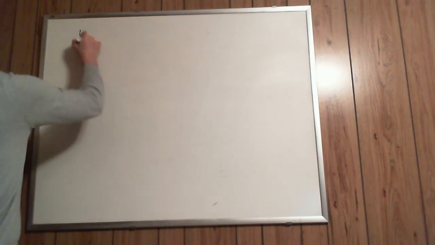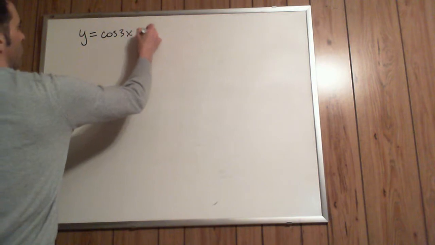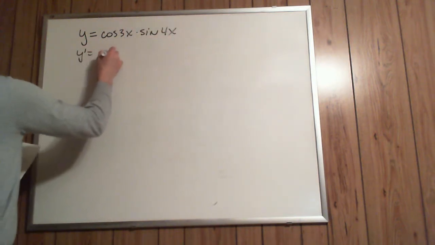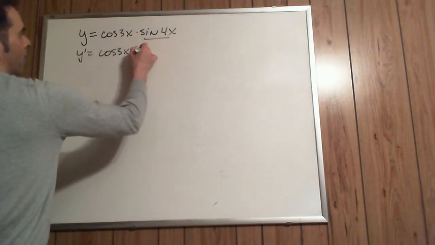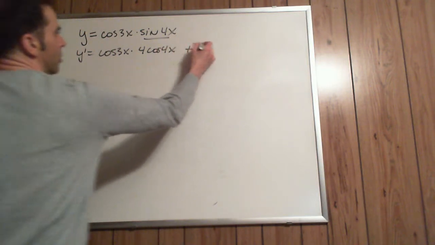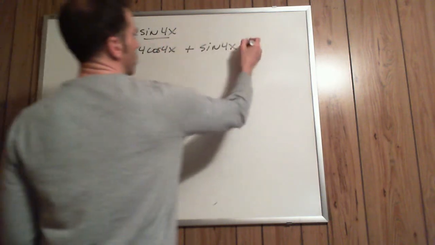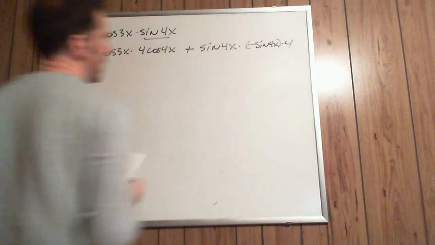So with that in mind, let's do some quick review. If y equals cosine 3x times sine 4x, y prime would be cosine 3x times this, which would be 4 cosine 4x, plus the second, which is sine 4x, times the first, which would be negative sine 4x times 4. And